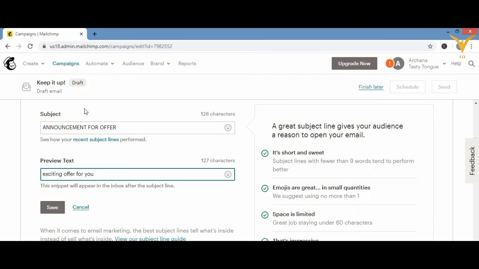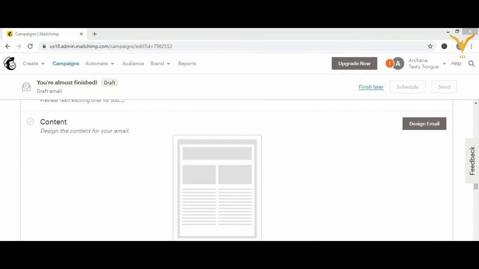I'll just correct it: exciting offers for you. Okay, if you want to add an emoji, you can just add it. I'll save it. And then moving down,